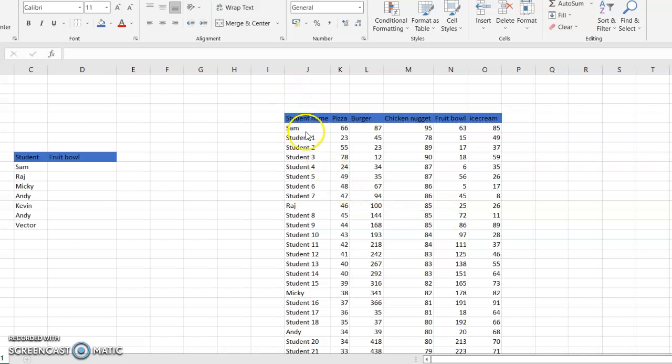Okay guys, now we can see the student names here, and we can also see the pizza, burger, chicken nugget, fruit bowl, and ice cream that have been consumed by so many people. Imagine that you are running a restaurant, and people are going on their occasions. So we get to see how many pizzas, burgers, chicken nuggets, fruit bowls and ice creams they have had. At the end of the year, I just wanted to find out about these details,